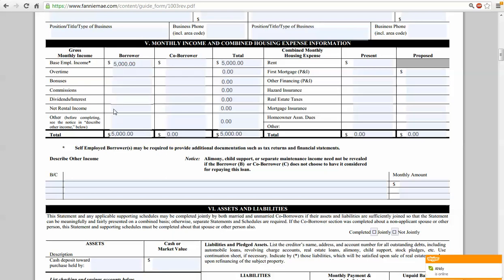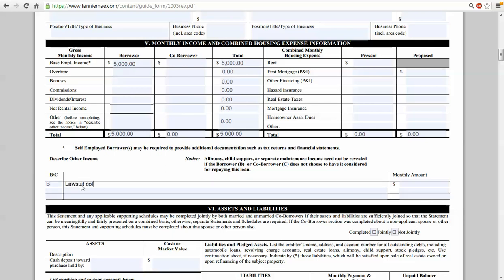Dividends or interest, which would be from savings accounts, stocks that were owned, etc. And then rental income. So if you own a rental property, and this is for other income that you can then detail down in this section here. So it could be anything from a lawsuit settlement that you may be collecting on, but whatever it is, you put that amount there and then detail it down in this section here, and if it's the borrower, you'll put B, and then